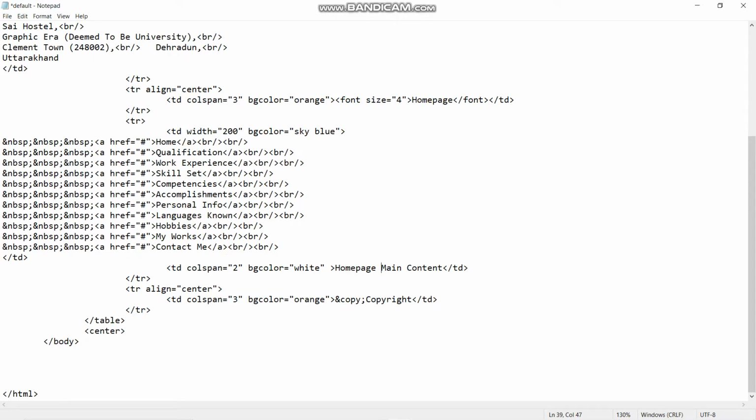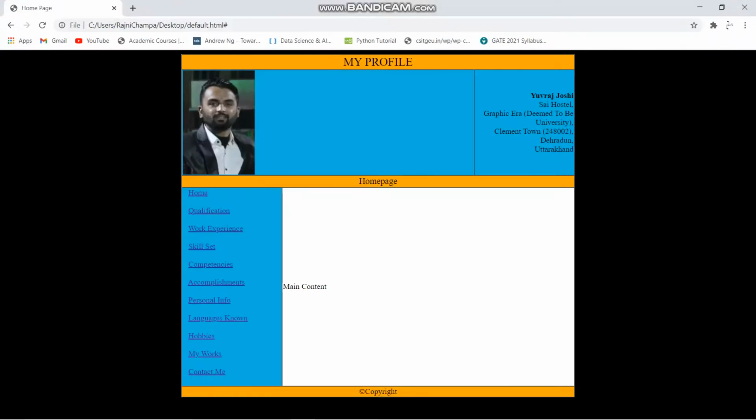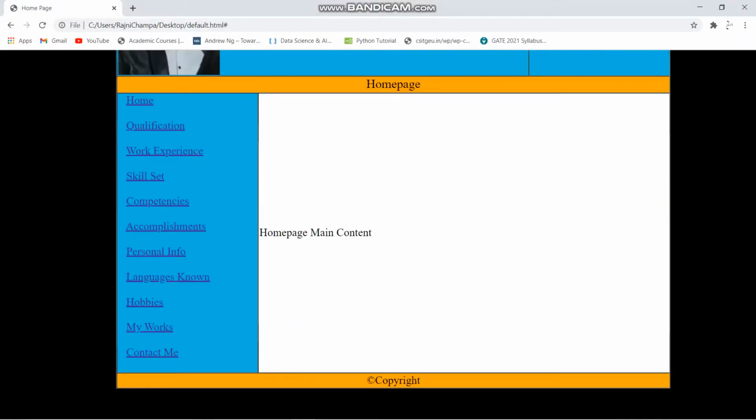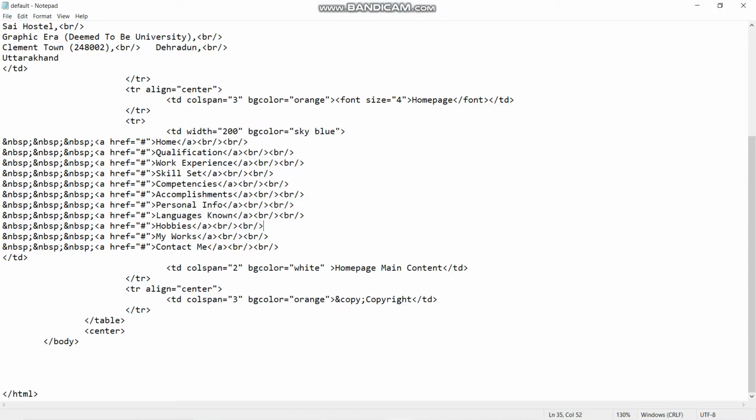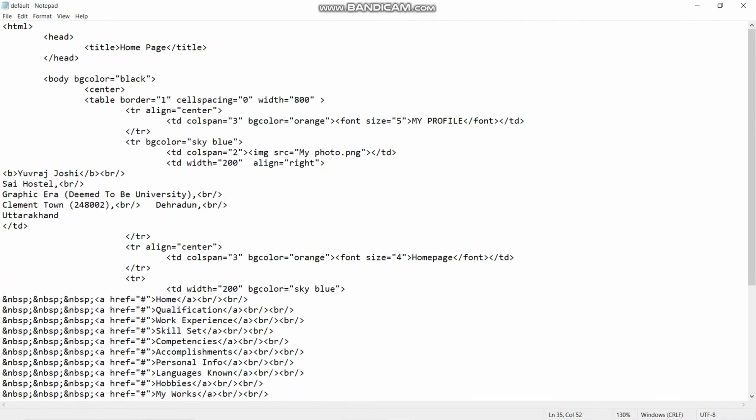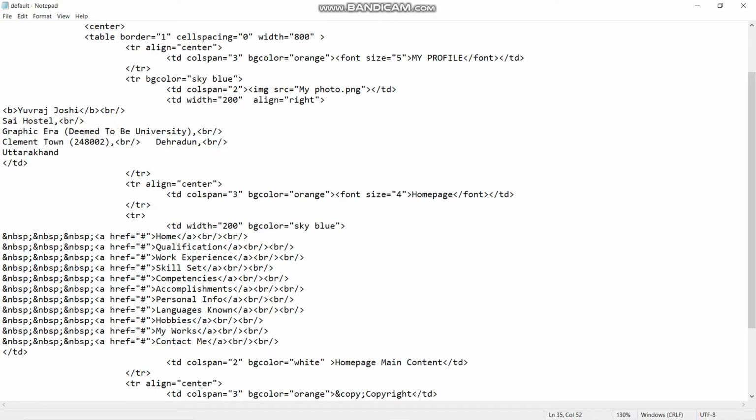As we know, our home page is a default.html file, so we will do nothing right now. When we click at the home page, it will appear home page main content. Similarly, we will do this to every other link in the navigation bar.